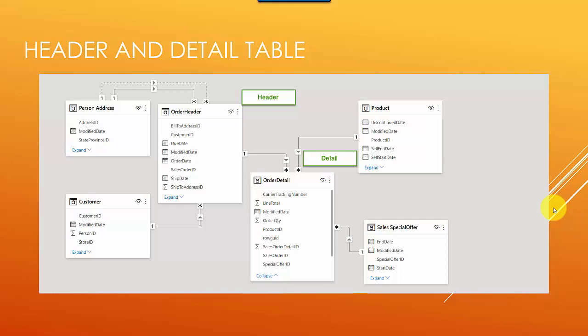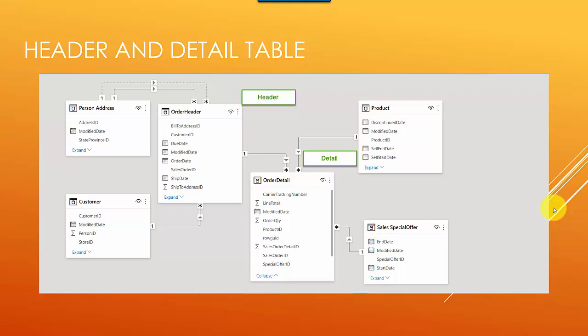For example, if you're coming from a normalized world or a transaction processing system, you would typically have something like a header table and an order detail table. If you wanted to update the information about an order's common fields, for example bill to address, you would not put it in the order detail table, you would put it in the header table, and then it's easier to insert, update and delete. So a typical header and detail relationship will look like this.